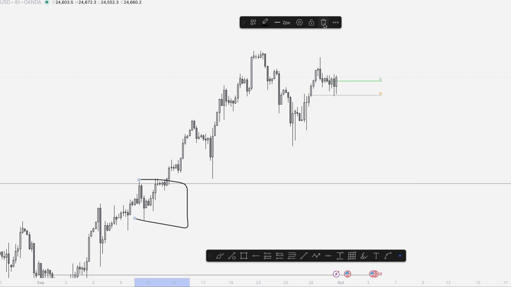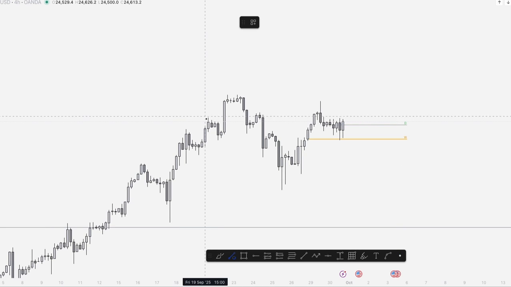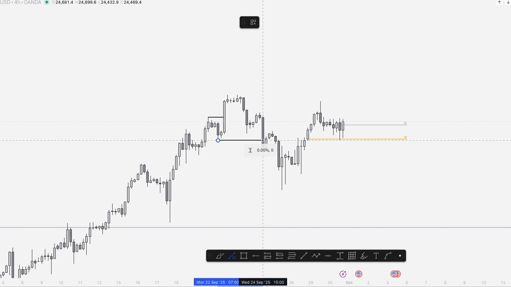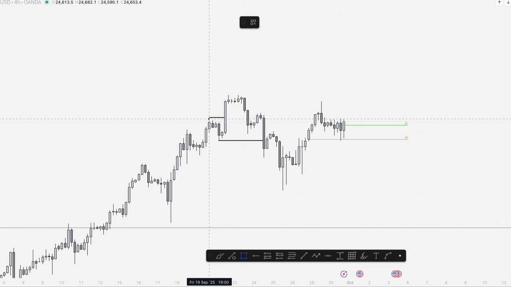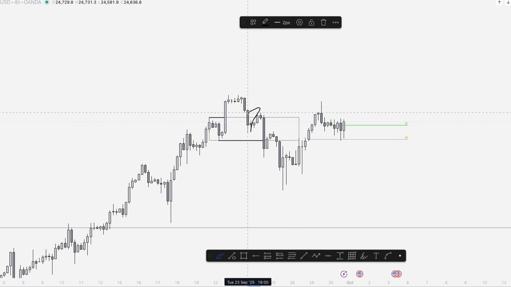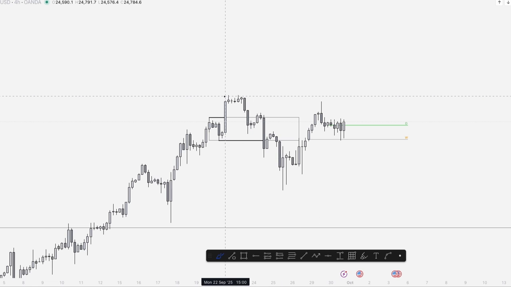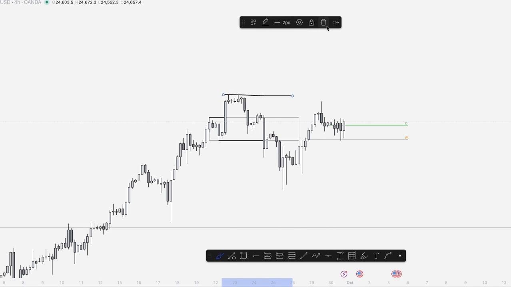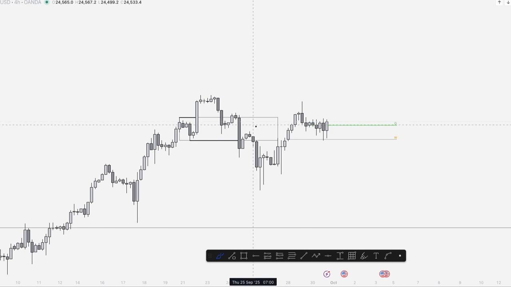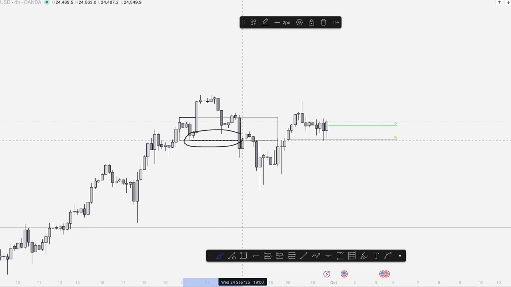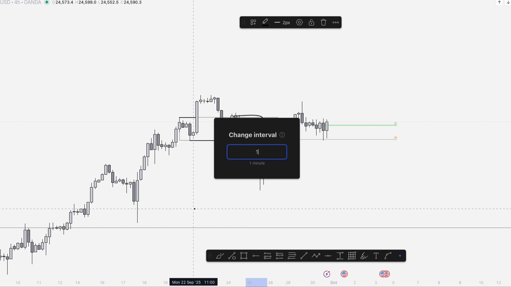But here we can see this fractal break up, and here we had the fractal break down. So at this point in time, we can think that this demand zone again pushes price up higher because you see the reaction, and it could be that we again break up this high. But as you can see here, we broke the fractal structure, and now this supply zone was in control. And as you can see, after the break, we had a pullback into the supply zone and price pushed down lower,